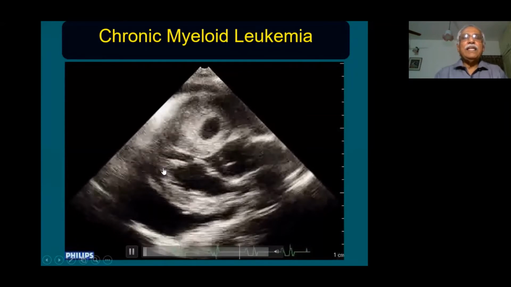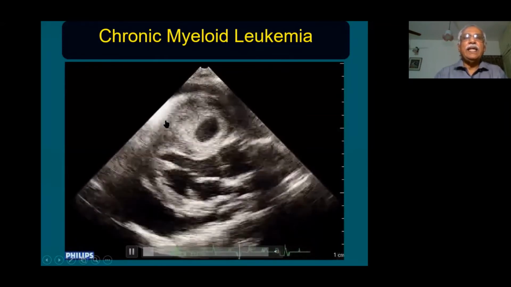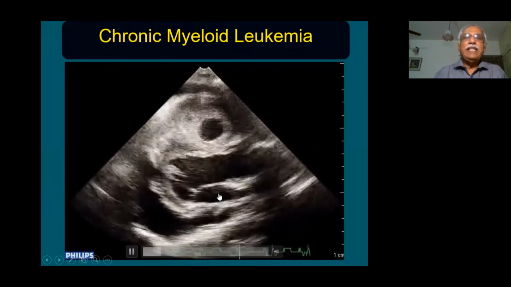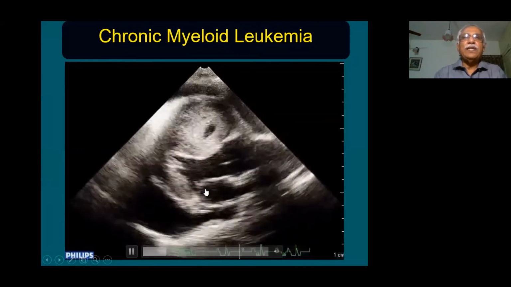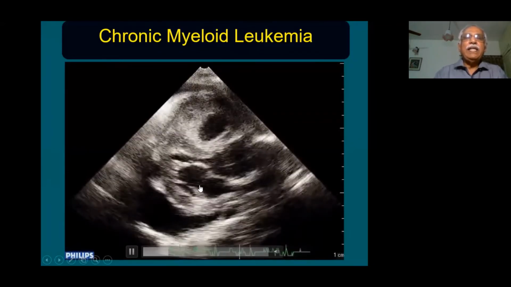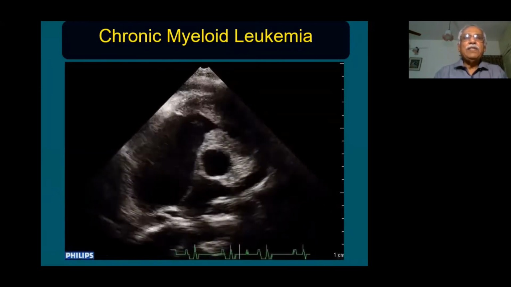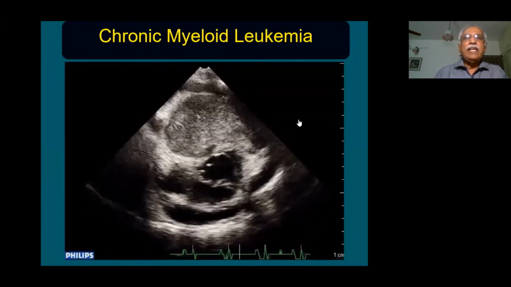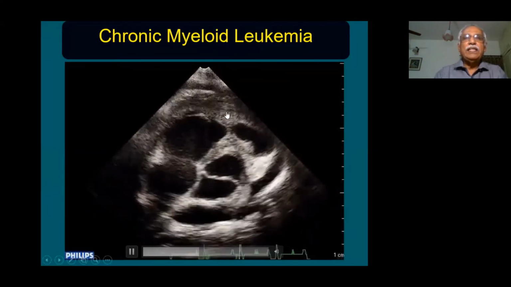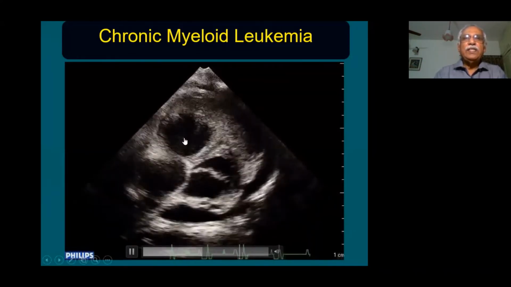This case was again referred from our Cancer Institute, Adyar. This patient had been getting treatment for the last 3 or 4 years for leukemia with imatinib and so on. He developed cardiac failure, and the patient was referred to us. This is the echocardiographic picture. You can see dense echoes over the right ventricle, inside the inflow tract and also the outflow tract.